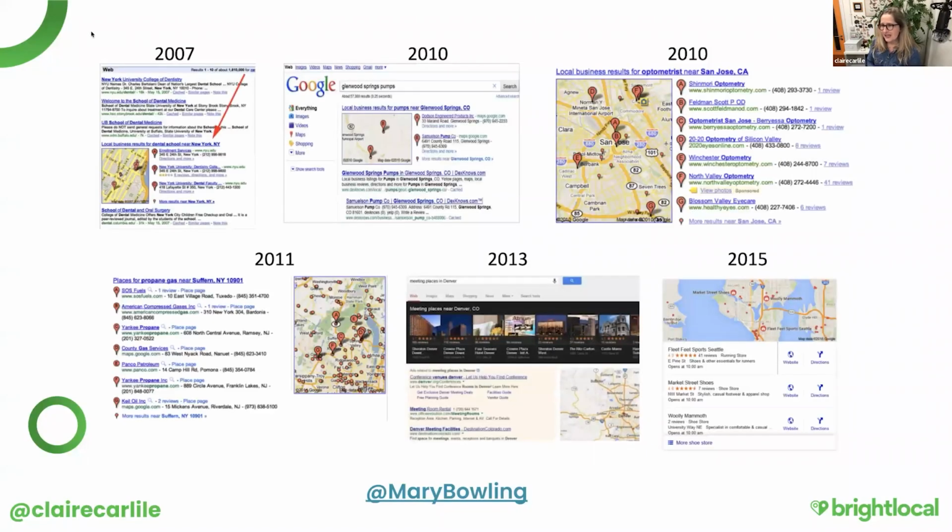So in the olden days, when life was good, there used to be 10 blue links in the SERP, and we were thinking, I want to be 1, 2, or 3. That's where the clicks are. And then as life went on, Google Places, or whatever it was called through all the various iterations of what we work in now, has changed the look and feel of the SERP and what it does. So back in the day, you used to be able to click through to a business's actual